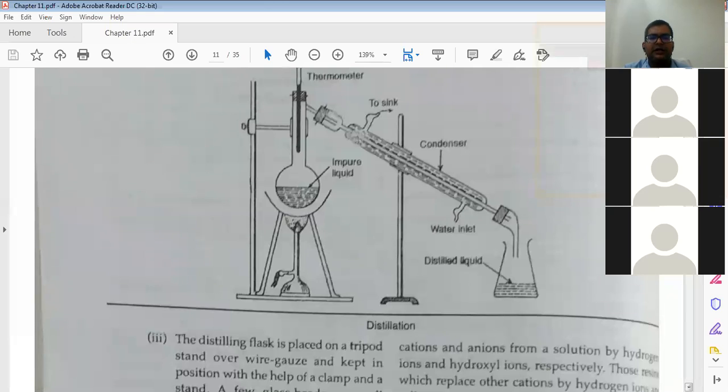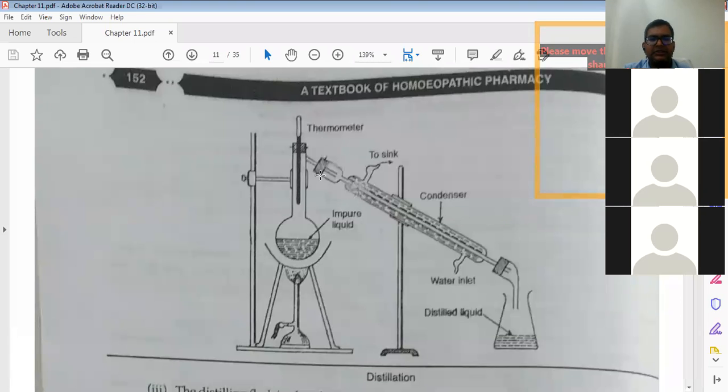Distillation of water. Like here you will see, it is heated. Heating of the water, then it goes to the condenser. In condensation, water is coming and going so that it will be cold. Then drop by drop, the water is collected in the next part. Sometimes a thermometer is kept to know the temperature of the boiling water. This is not a clinical thermometer, this is a laboratory thermometer.